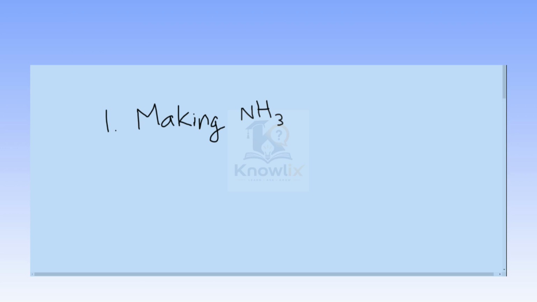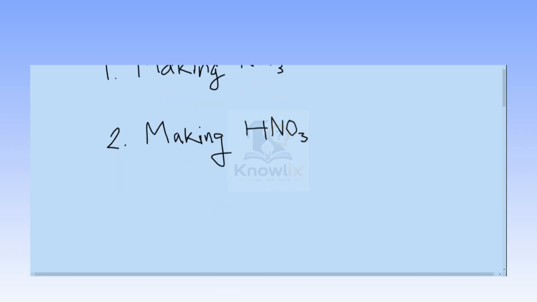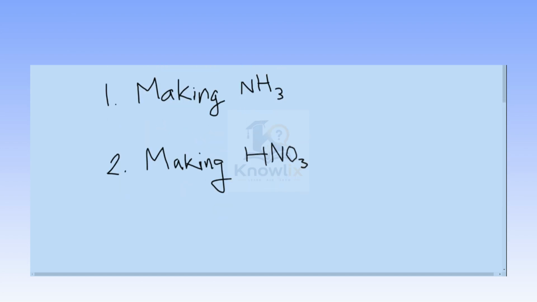Another reaction is making nitric acid. So nitric acid is also a very useful industrial chemical. So one of the first steps is taking ammonia and trying to make nitrogen oxide. But this reaction is very, very slow. However, if you have a platinum rhodium catalyst,